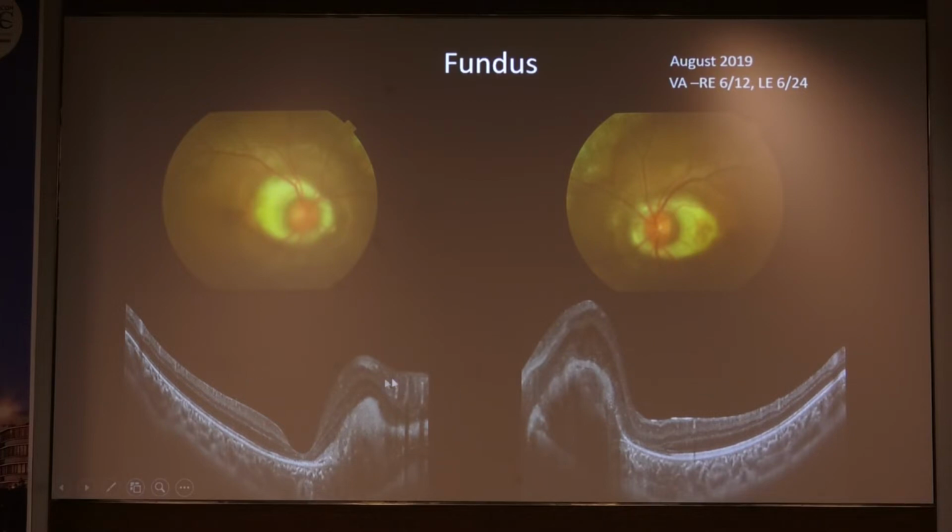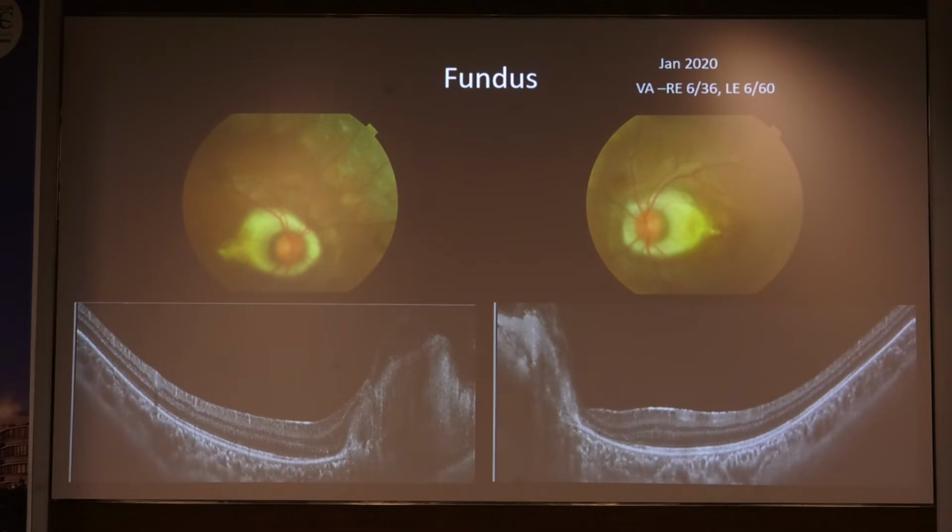We can see here a subretinal fibrotic tissue-like structure in both eyes. There were no intraretinal lesions in the right eye, but the left eye had a few cystic changes. We advised the father to get the child evaluated for a uveitic profile, but they ignored it. They never turned up for any of the evaluation. Then, because there was a further drop of vision, the father brought the child again in January 2020, after 5 months.